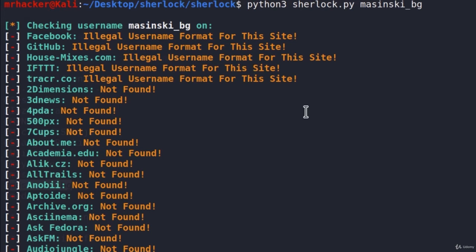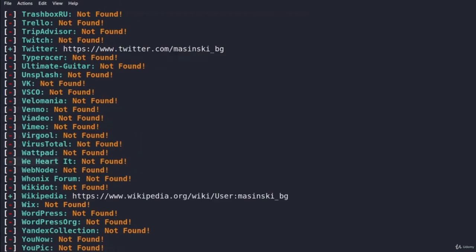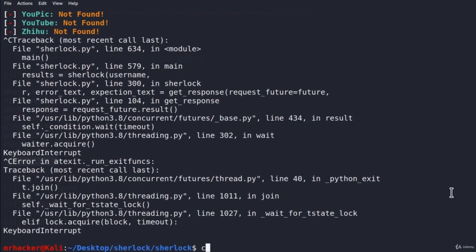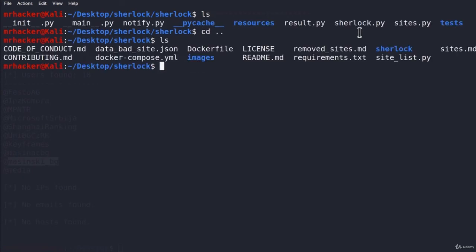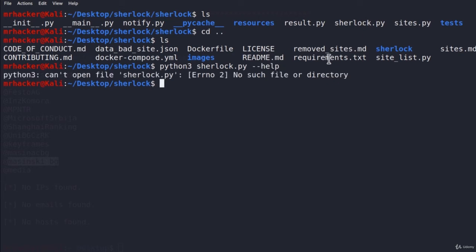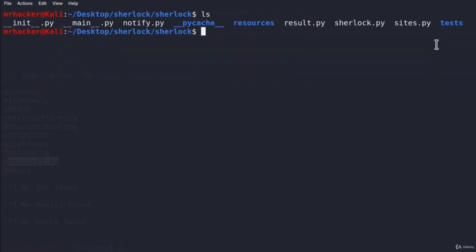Now, another thing that this tool does is it also saves our results in a file. So if I go and Ctrl+C this, clear the screen, and type ls. Oh, never mind, it seems that it didn't save it. Maybe if we specified an option for it to save, let us run the help menu, no such file or directory. Yeah, that's because we are in a wrong folder, so let me go to the Sherlock folder and run the